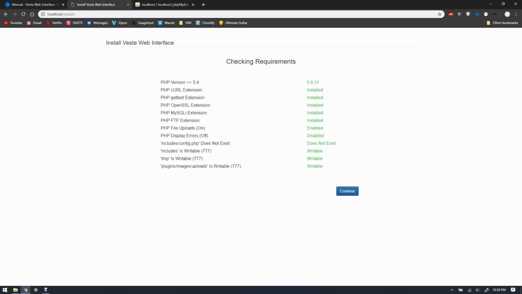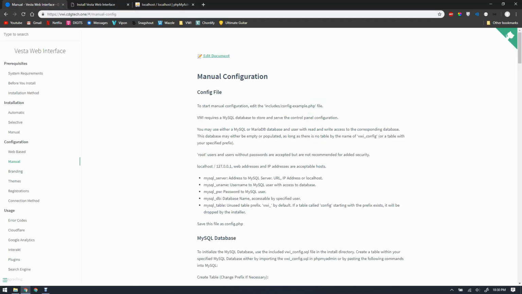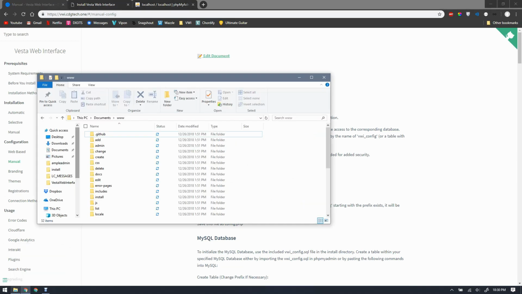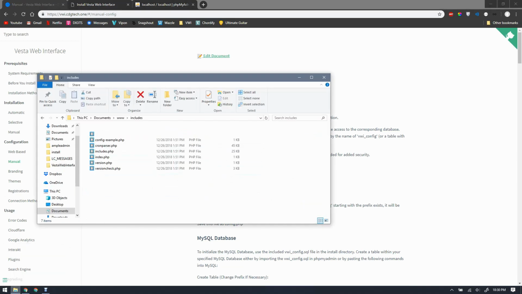So with manual configuration, we're not going to be using this install page. We're going to be starting with our config file. So you're going to have to go into your installation directory, includes, and we're going to start with config example.php. We're going to open up this file here,